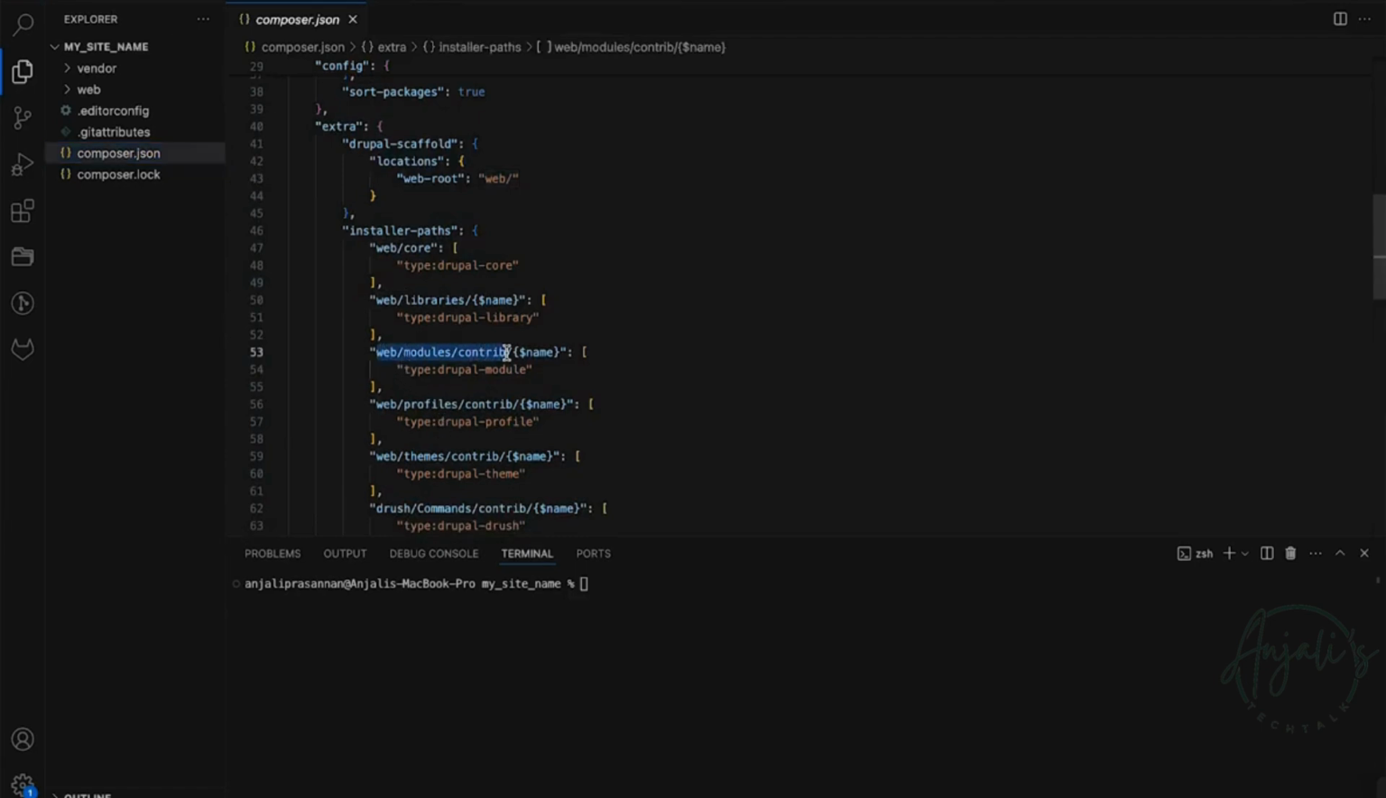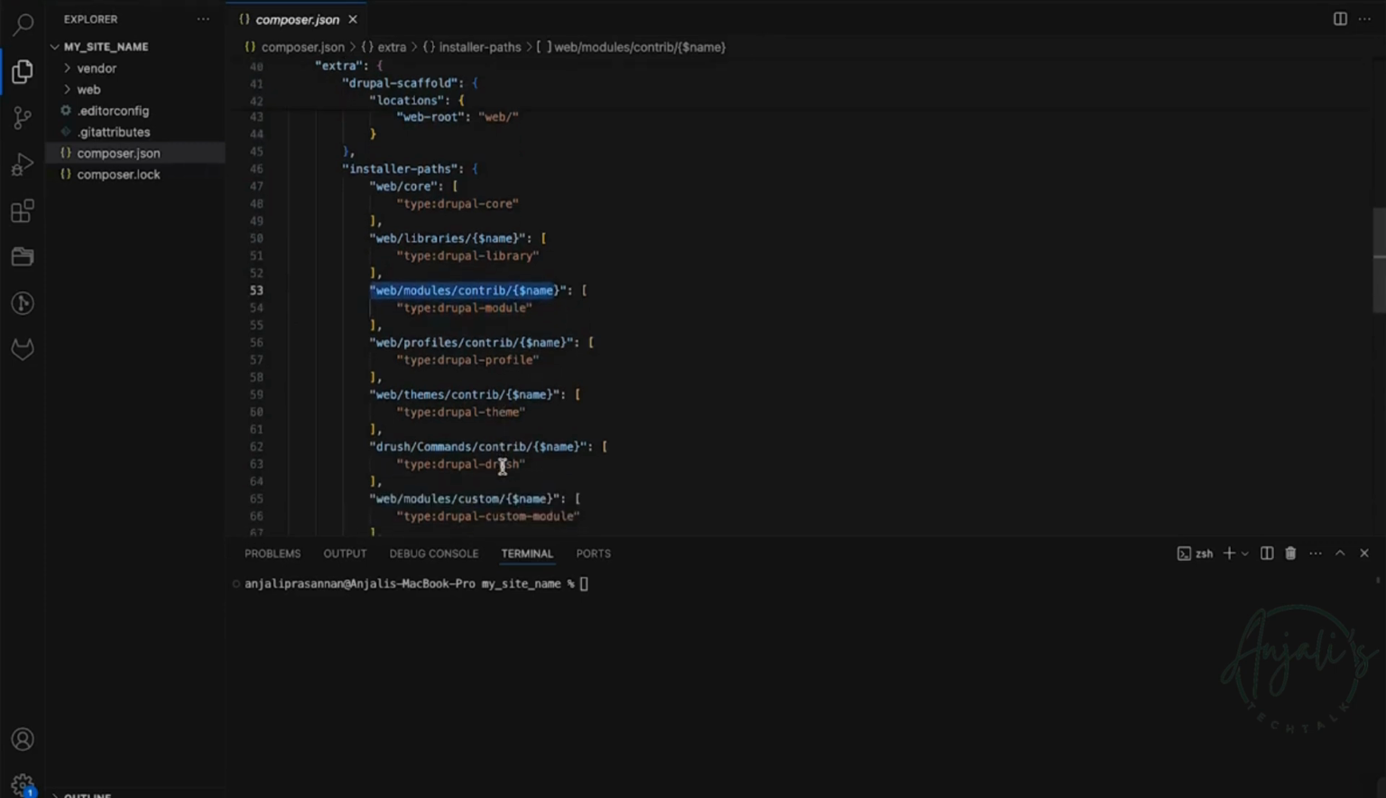tell the system that this particular contributed module should go into the web modules contrib directory, with the name as the directory name. So it checks the type of the package. It's a module with Drupal module type, and it goes to this location. If you are installing a contrib theme, then it will go to a particular location like web, themes, contrib, and then the theme name. So I'll just install a Composer